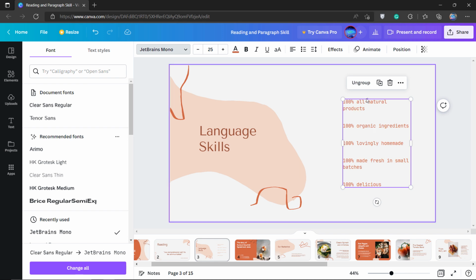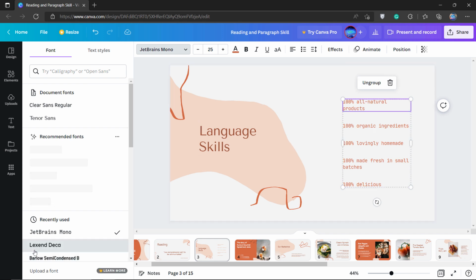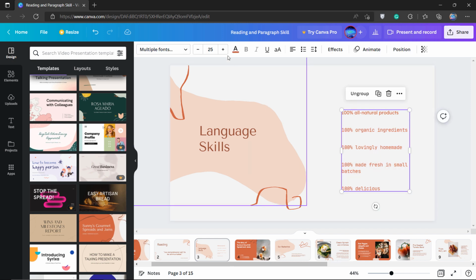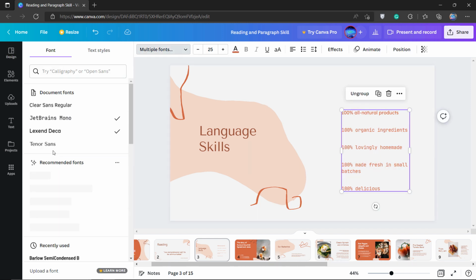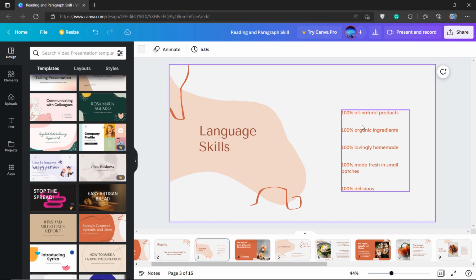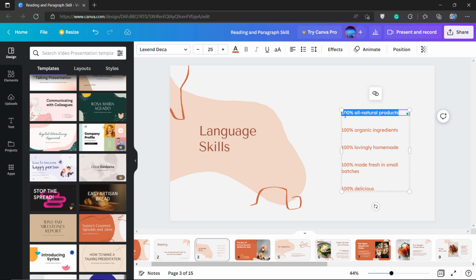You can change the font from here. Select all and change the font of this whole text, and see what the skills are: listening, speaking, reading, and writing.